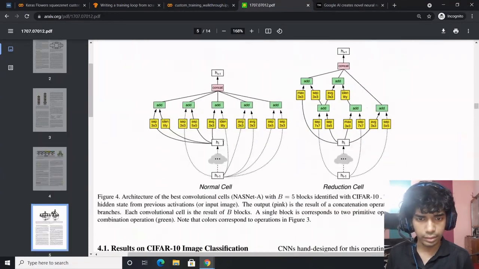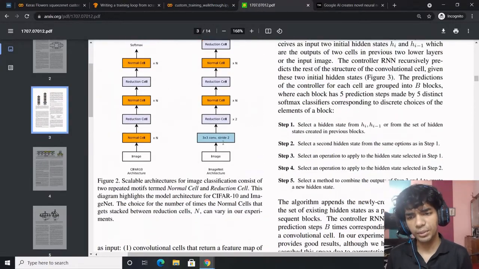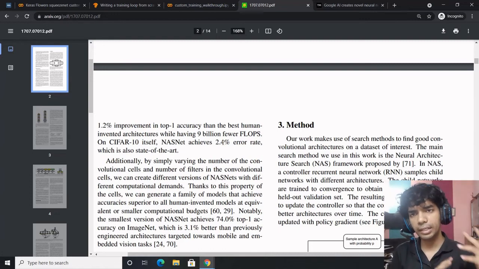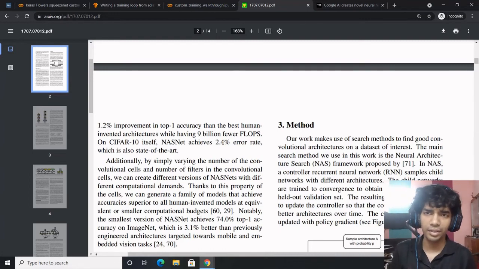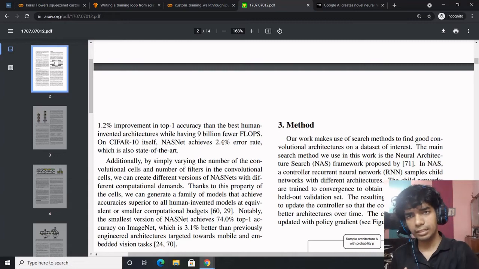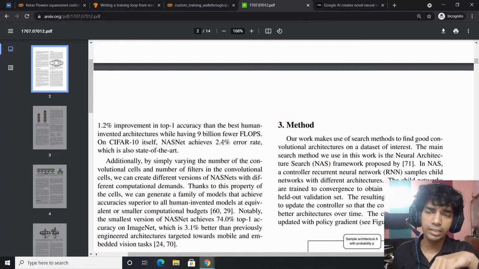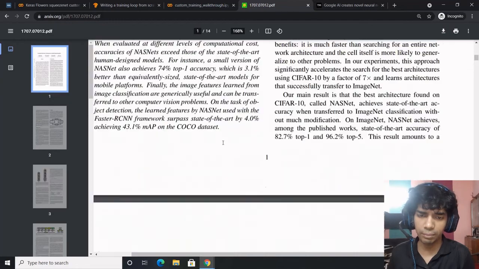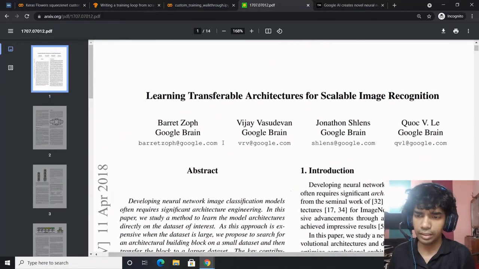Alright. This is an interesting class of architecture. You're not directly building the architecture yourself, you're actually building an architecture using RNNs. You're using reinforcement learning to find an architecture, then you define the next architecture using the current hidden state and the previous hidden state. You define the next 2 hidden states, and that's how you end up with an architecture. That's one of the best architectures. So that's an interesting and unique kind of approach.